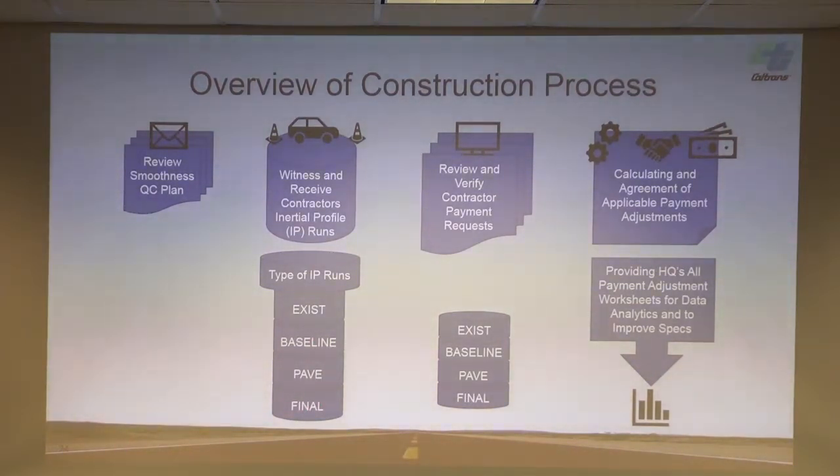We want to review and verify the contractor's runs, and he will be submitting these payment requests as part of our payment adjustment spreadsheets, and then calculating and agreeing. So we want to review and verify their payment adjustments for their bonuses, incentives, or disincentives. And then at the end, once you guys have agreed and made payment, then you would submit it to headquarters so we could analyze the data in the future to make sure that we've got an appropriate spec. It's an NSSP. We haven't really gone out with this spec, so we want to verify. There's a group that's going to be studying the spec over the coming year.